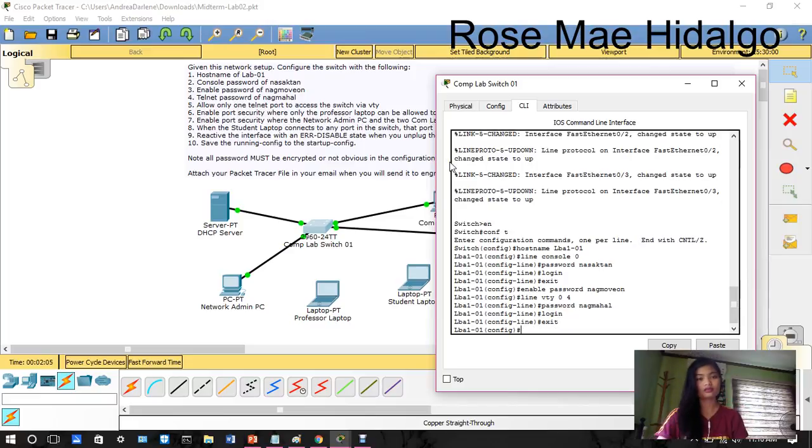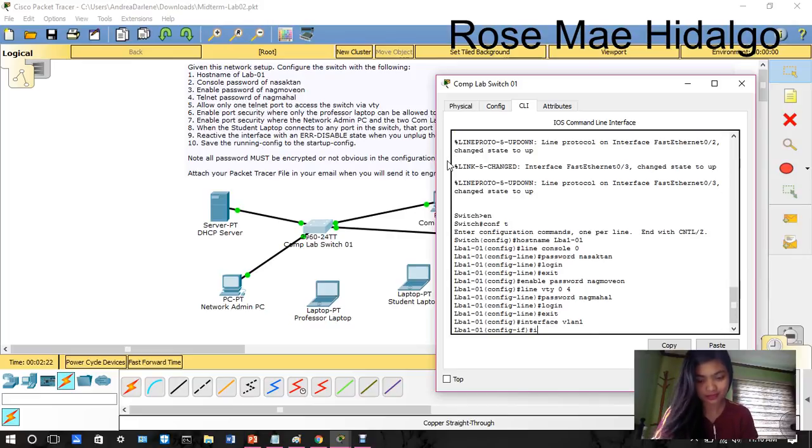Next, allow only one telnet port to access the switch via VLAN. Interface VLAN 1, then IP address DHCP.